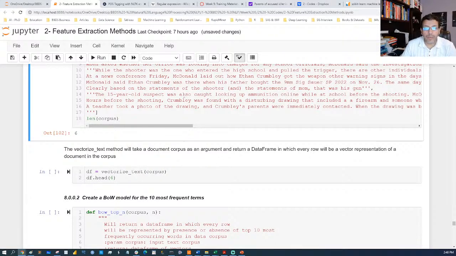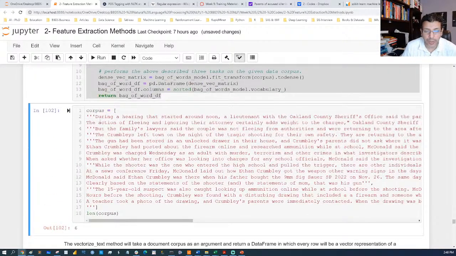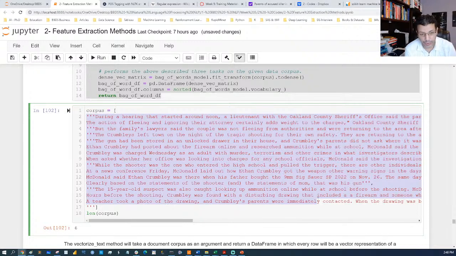Okay, so we want to vectorize, we want to transform this unstructured data, which, unfortunately, as far as I know, no machine learning can help you model unless you transform it first into a tabular format. There might be some algorithms that do that on the fly. I am not aware of them. So if you know of any, please go ahead and